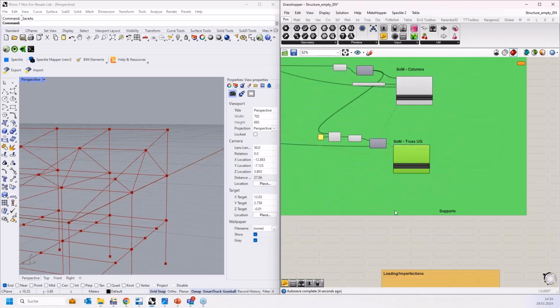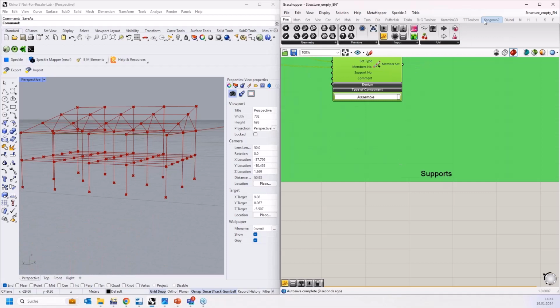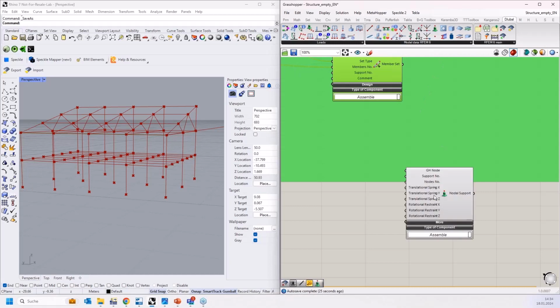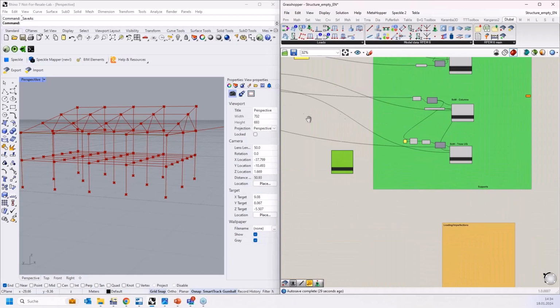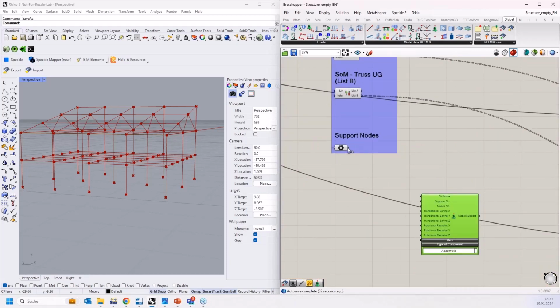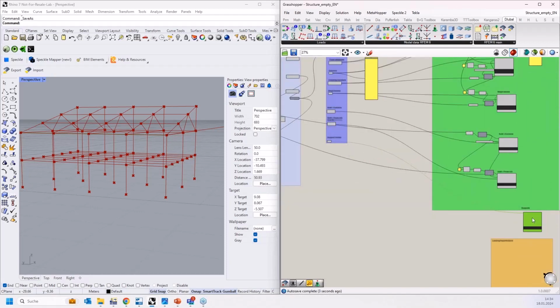Okay. Now, one more topic, the supports. That's also quite easy to handle. We have in our Dlubal link, of course, nodal supports. We have line supports. No, I just can't find them here. Line supports, surface supports, so all the options. In my case, I need the nodal support component, and the input is simply the node that we get from Grasshopper nodes, and then you have to define the